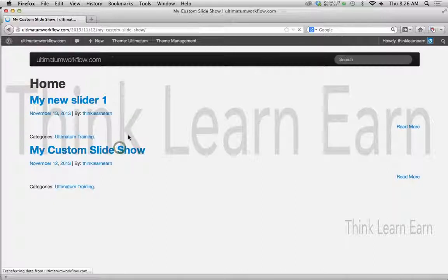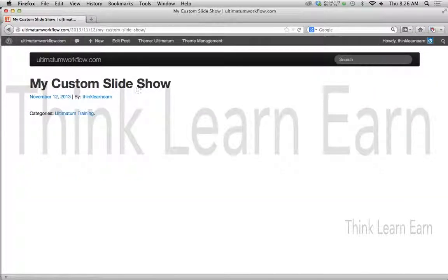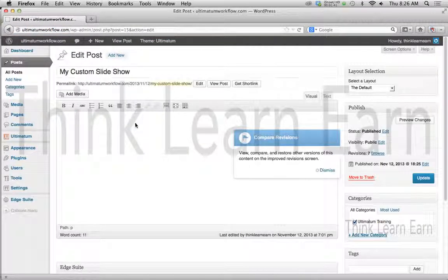As opposed to this, which is just taking the code and putting the code inside of Ultimate Theme. Now it was working a second ago. Why isn't that coming up now? Anyway, let me just go to the post for a second. So in this particular case,